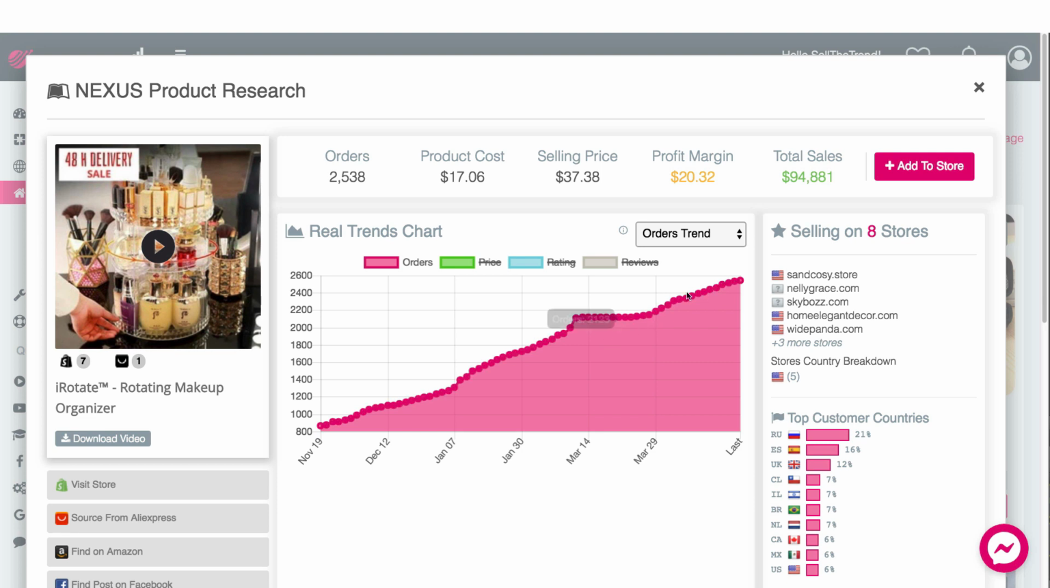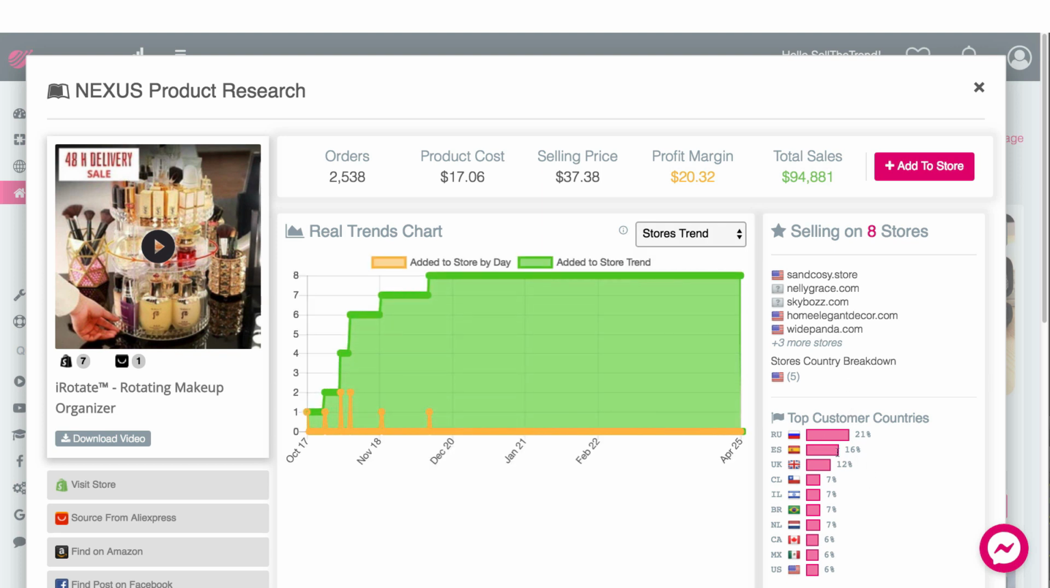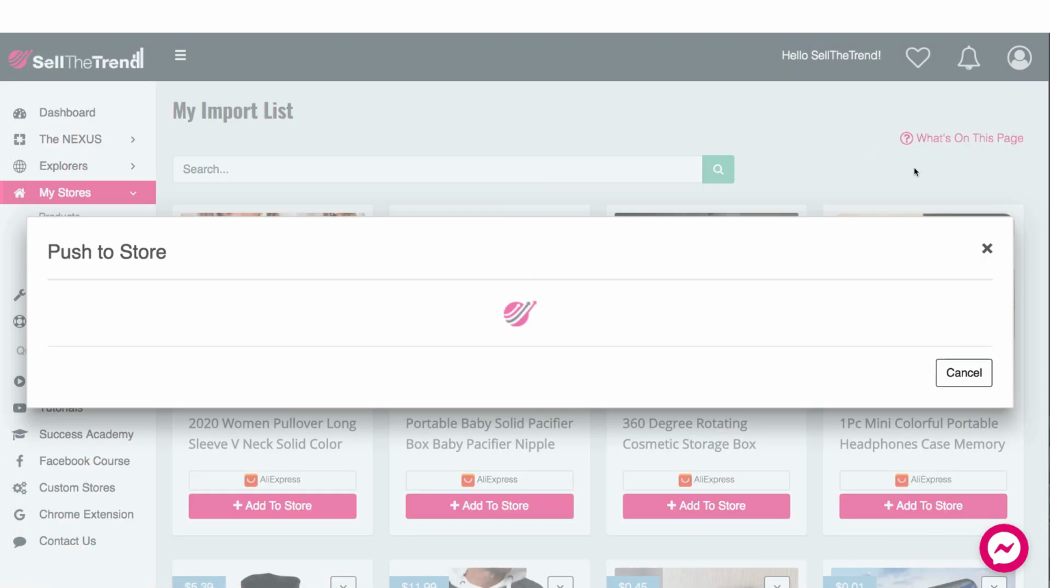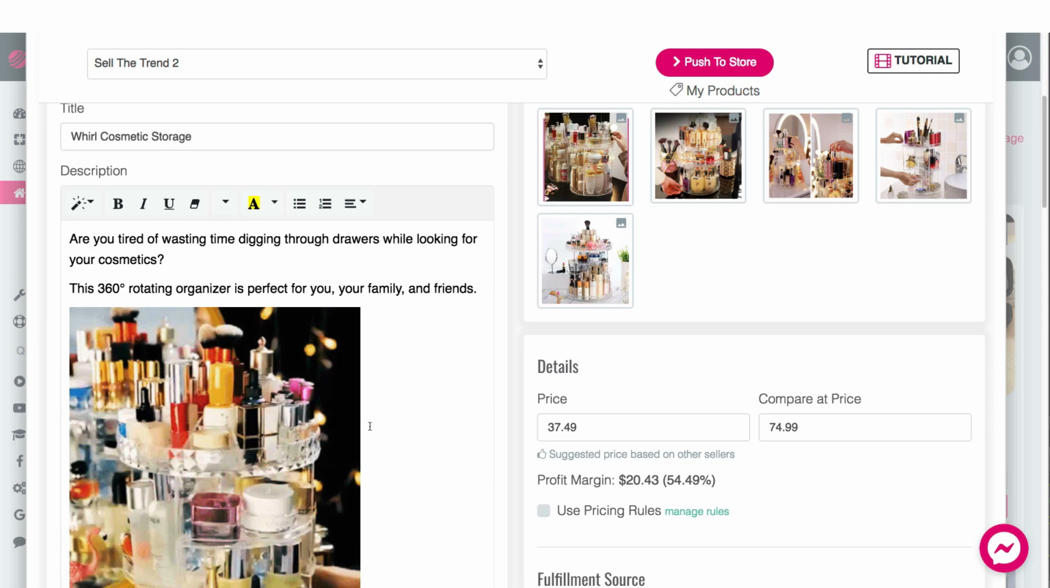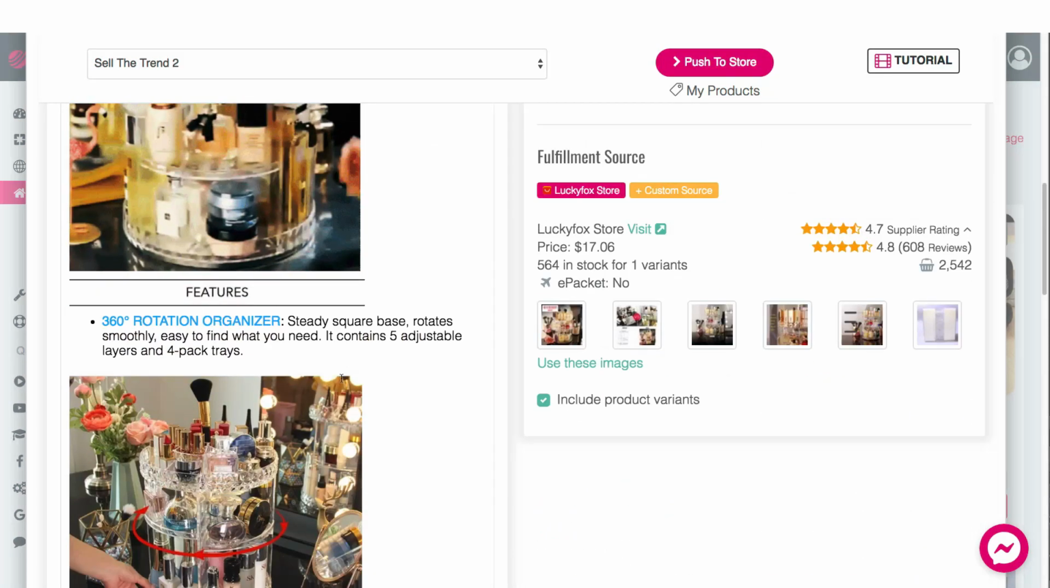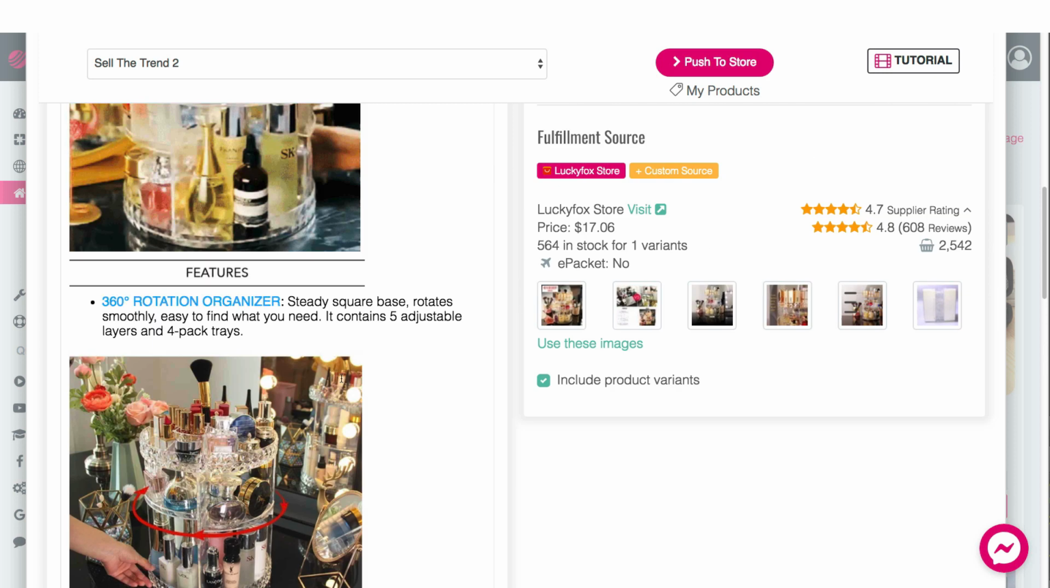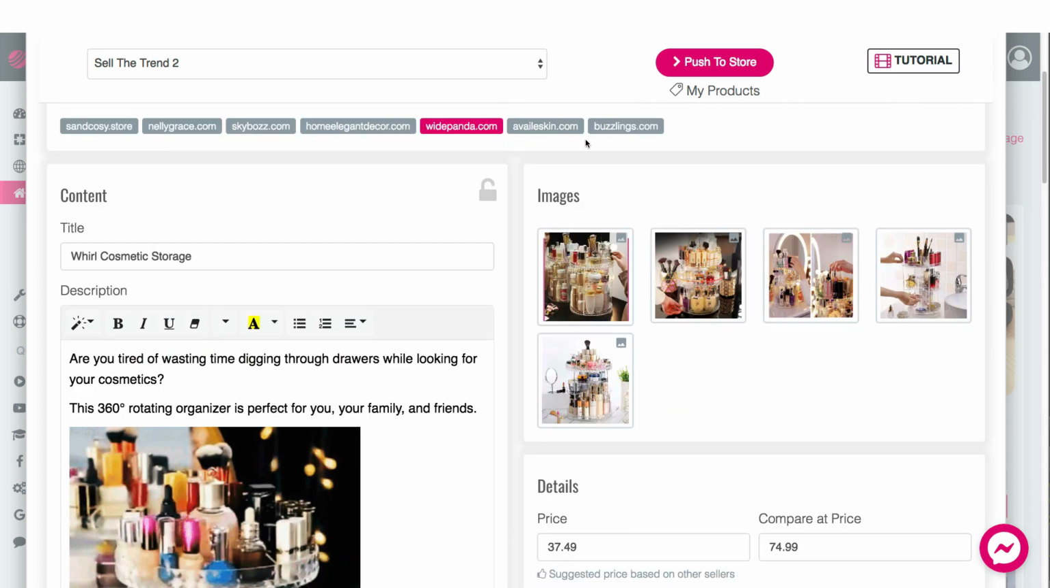You're going to be able to see the orders trend. You're going to be able to see the stores trend. You're going to be able to see the top countries, download video, all the same stuff. And of course, if you click on the add to store, you're going to be able to see not only what we were able to see before, which is the AliExpress descriptions, you're going to now have access to all the descriptions. And look at this product page right here, all the descriptions from these other stores that have added this